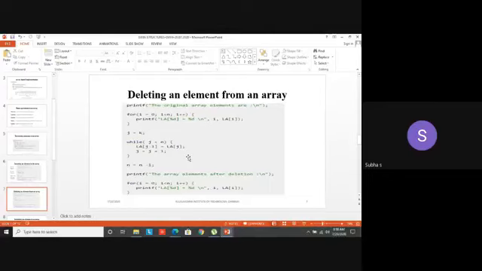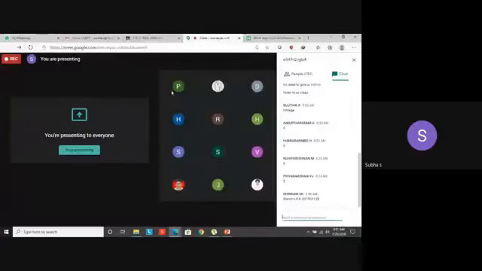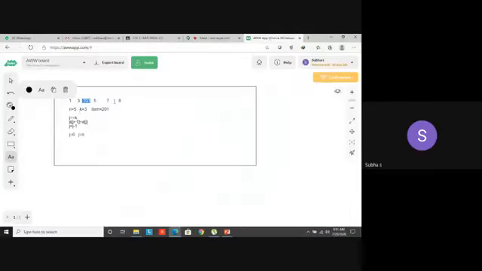Okay, you can display the deleted element also. Print of the element deleted is percentage d, comma, LA of that particular item. You have to display that particular item also. Same thing, just the reverse of that insertion. Let's take that same example. No need to put that item, because I have mentioned the position. The element in that particular position will be deleted. So here j less than n.